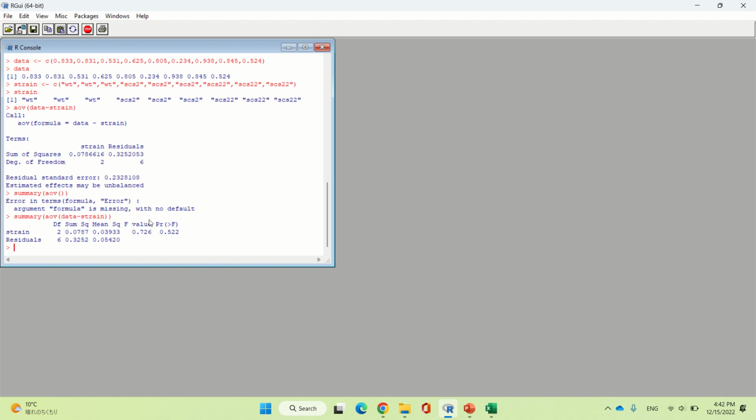Square, mean square formula. Oh, it's a p-value. This one is the p-value. This is the p-value, 0.522. So then it's not significant. So there is no significance in your data set. But if you want to